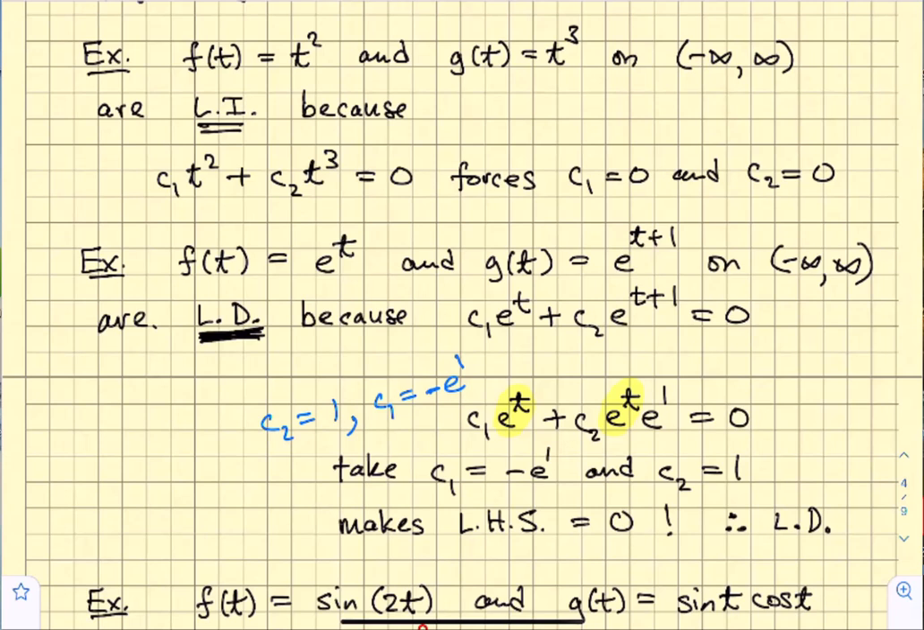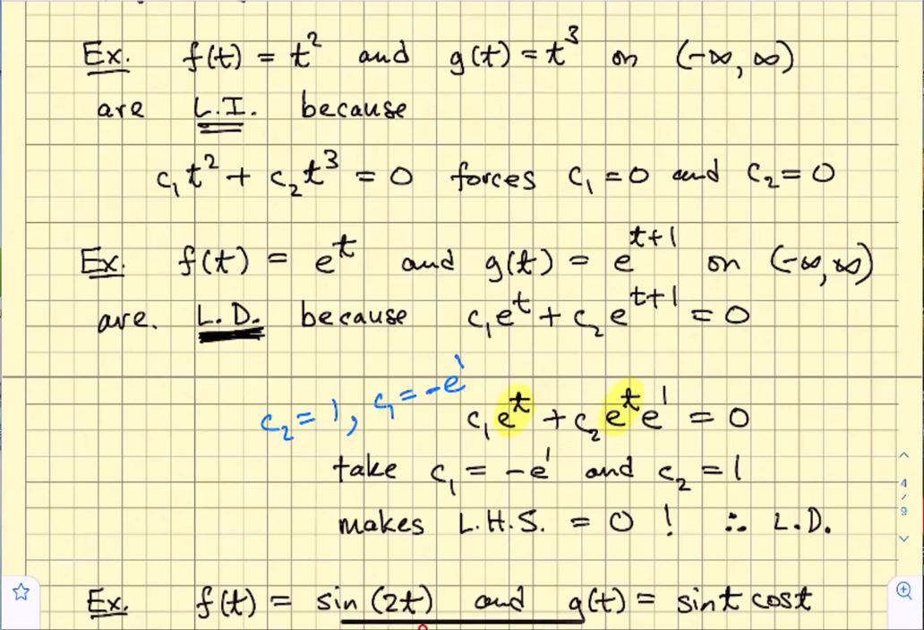Okay. On the other hand, take a look at the example where f of t is e to the t and g of t is e to the t plus 1, again on the interval from minus infinity to infinity. Notice these functions are not linearly independent, they're actually linearly dependent, because if you form c1 f plus c2 g and you set that equal to 0, stare at that for a moment. You can pick values of c1 and c2 that will make this combine to give me a 0. For example, if I pick my c2 to be 1 and I pick my c1 to be negative e, then